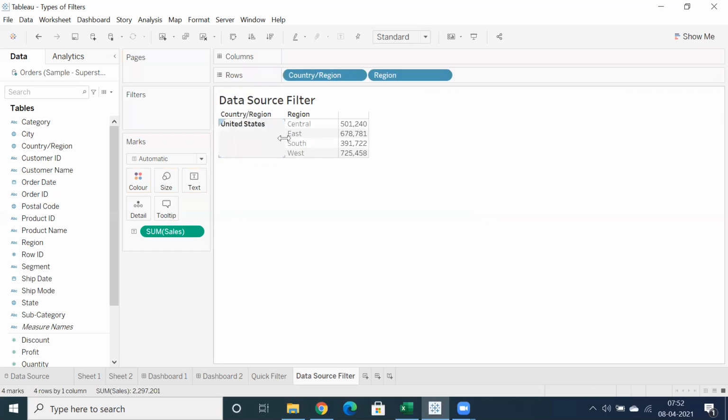In this United States data, they don't want to consider East and West. You understand, right? That's an example. So they don't want to consider East and West data in the project. This is purely for Central and South related regions.